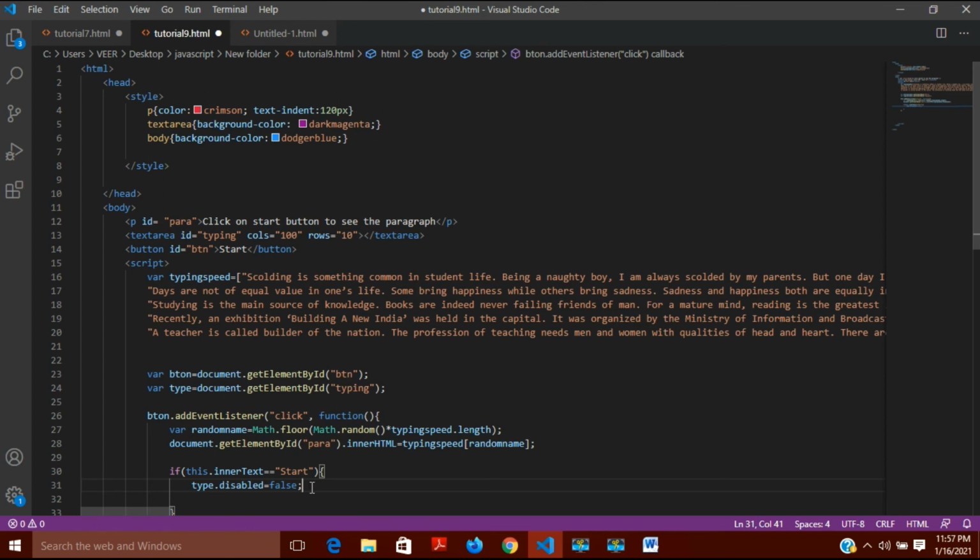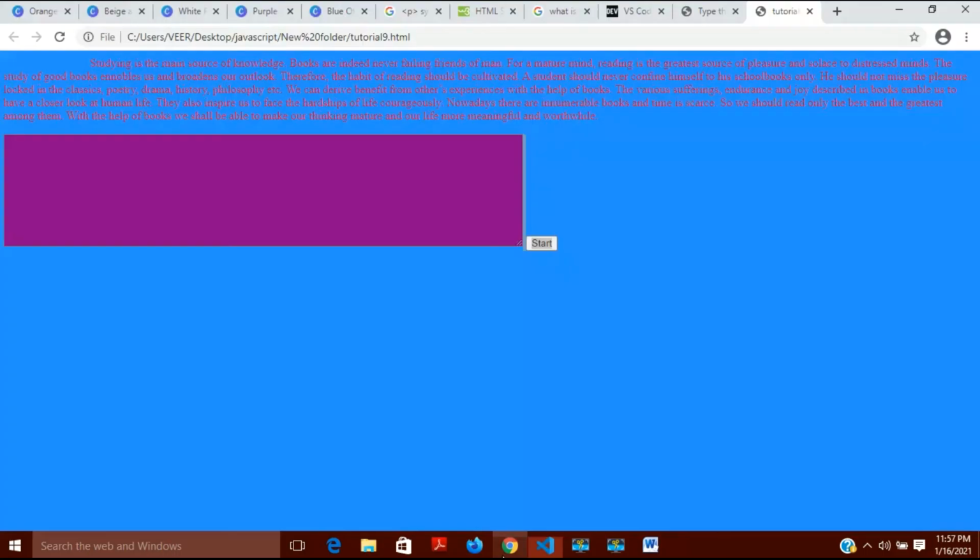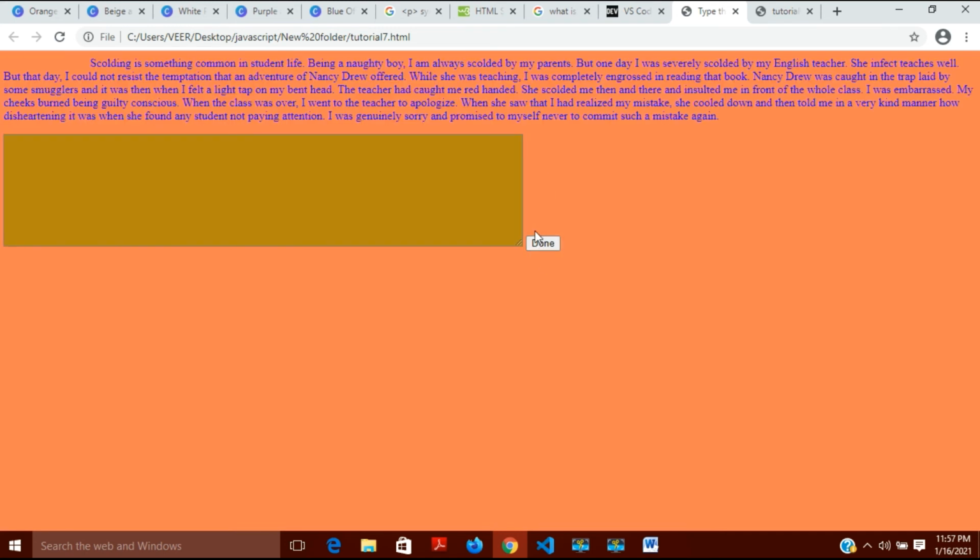And one more thing, what else should happen? This button should change its inner text to done. As you can see here, when I click on start, it is converting into done. This I want to happen.